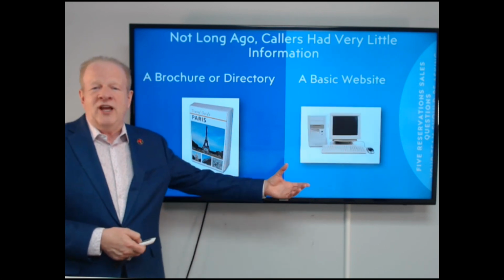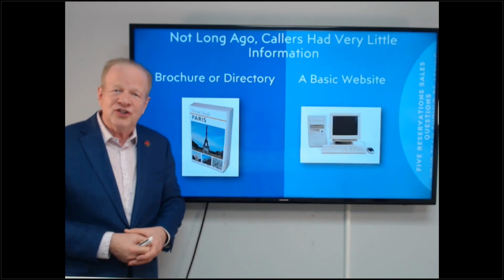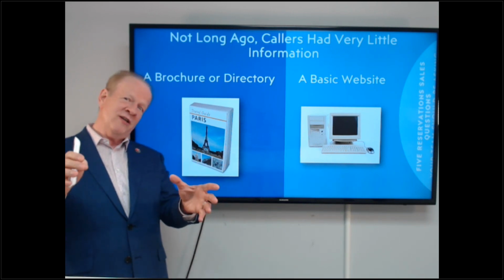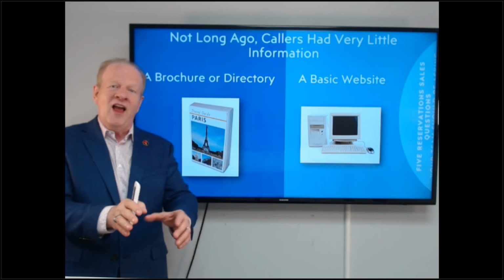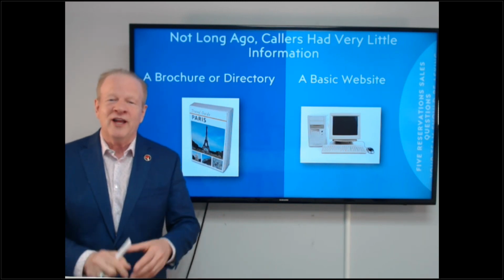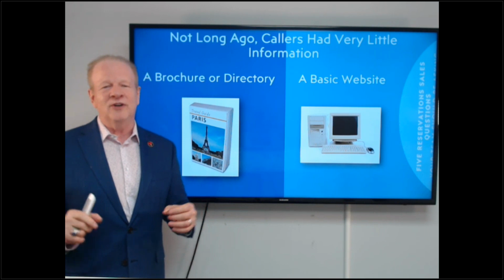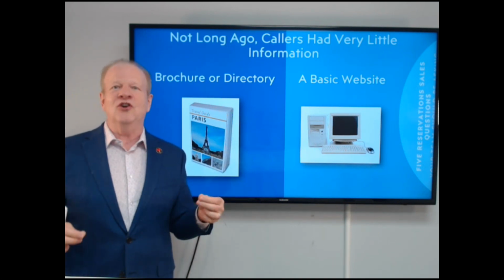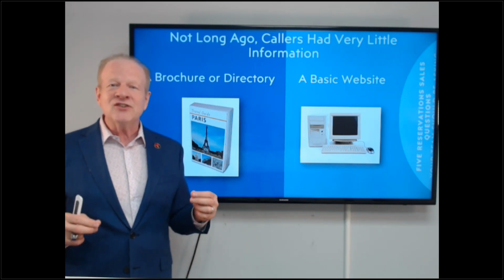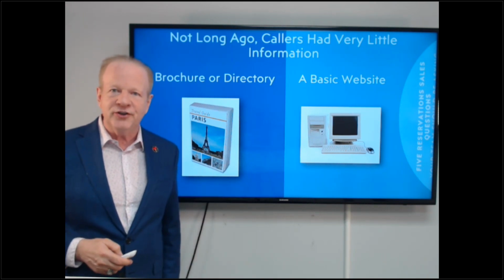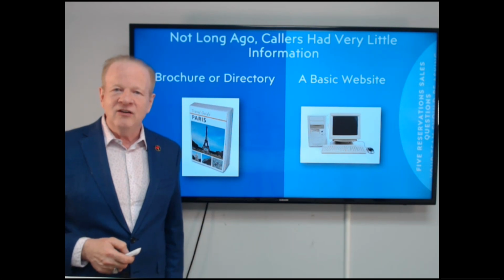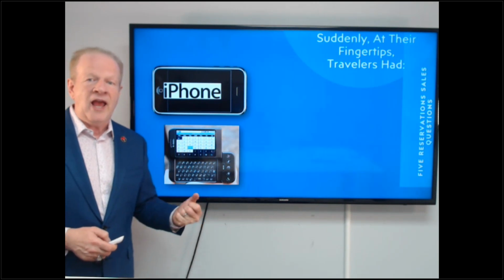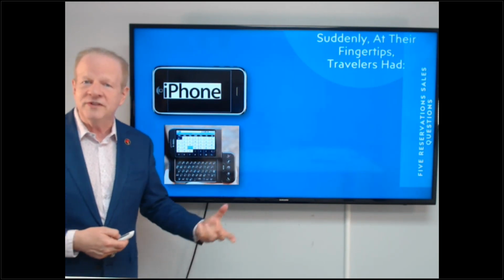And then out came websites. You might remember this computer, dial-up internet, ding, ding, ding, boing, boing, boing. And there was this nifty new thing called a website. First of all, it took a while to download. You'd say, oh, a picture, and it would be slowly appearing before you. And guess what? It was the same picture that was in the brochure. And then almost overnight, in very rapid succession, things changed. And out came, I'm going to jump ahead here about 1 decade, I guess.